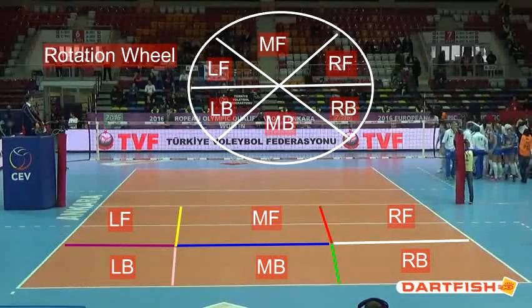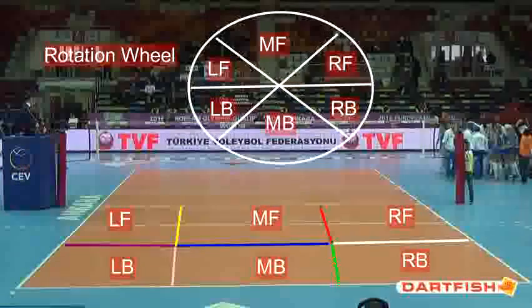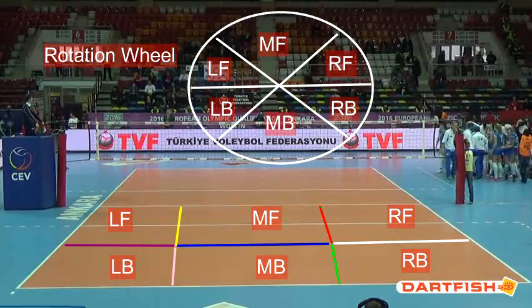positions. You can also see we have a rotation wheel above the graph we have on the court listing the 6 different positions. So every time you rotate into one of these big positions regardless of the team position that you're playing, you have to be concerned about or aware of what other positions you have to worry about overlapping with. The only positions you have to worry about overlapping with are the ones you share a common border